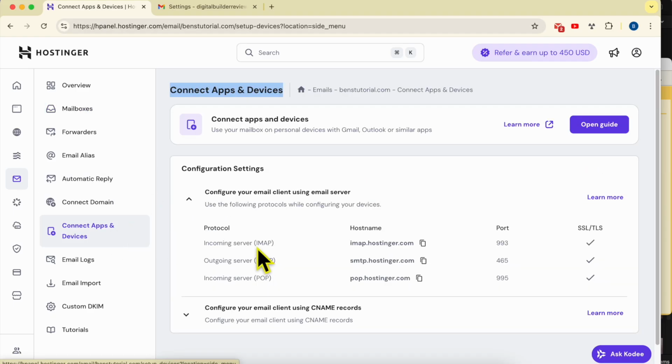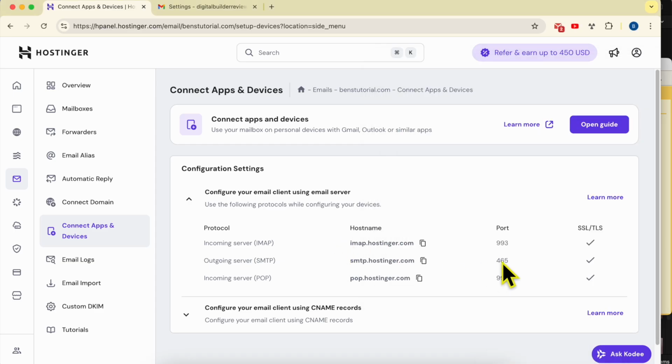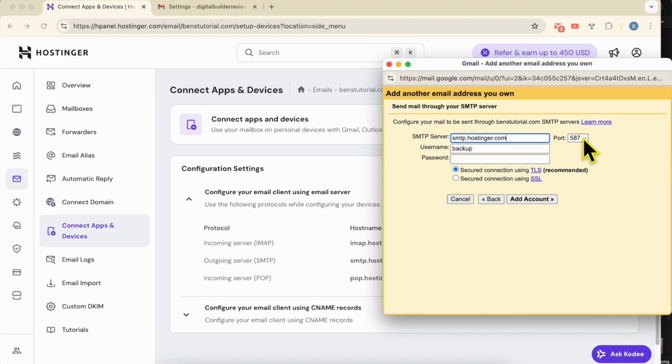And this is your SMTP host name. Copy it like that, paste it here. The port is 465. Select it from this list. The username is the email address you are trying to add. In my case, it's